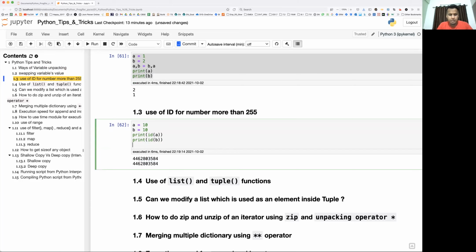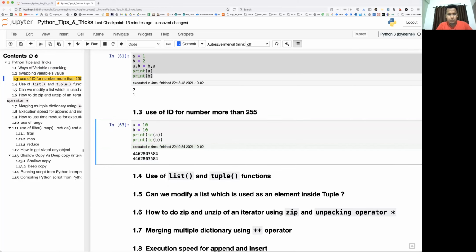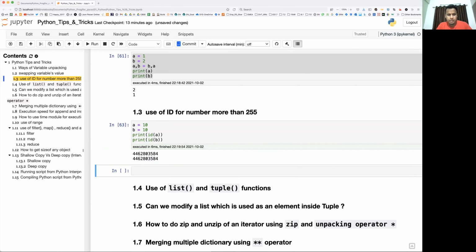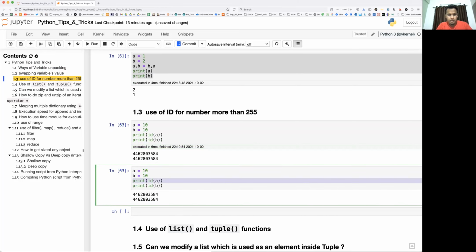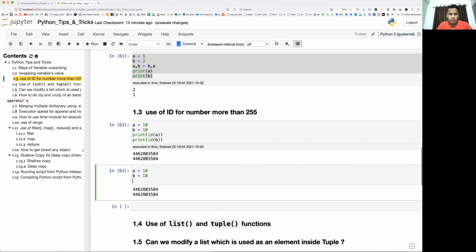Without checking the memory location directly, I want to check whether A is holding the same memory location as B, or B is holding the same memory location as A. So we have one keyword operator called is. This is nothing but a comparison of the memory location.